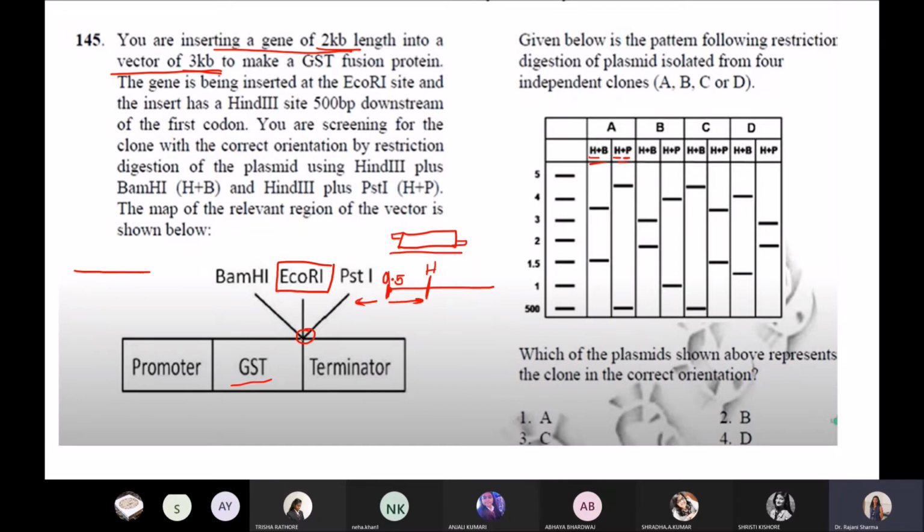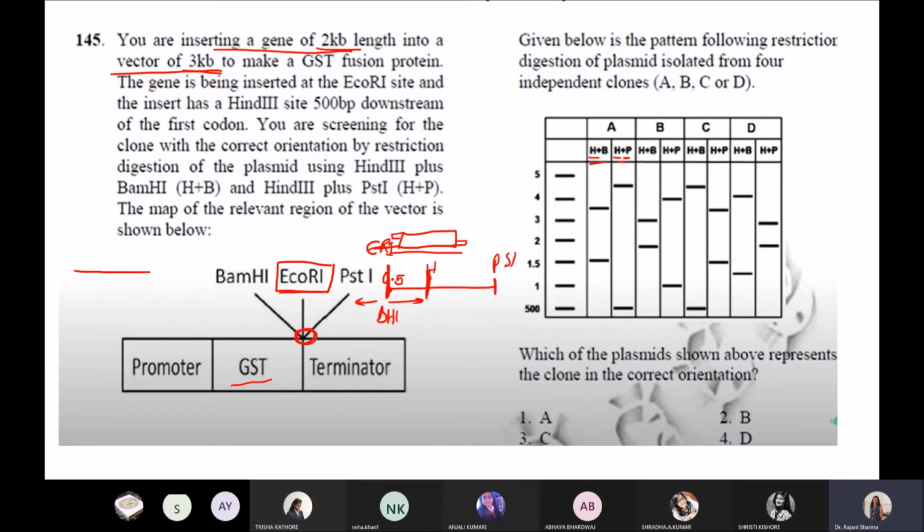Because you are inserting your desired gene at this site with the help of EcoRI, then if you are cutting the site with EcoRI and HindIII together, what should be your cutting site? Here we are not taking EcoRI. So if we are cutting with BamHI on one side and with PstI.